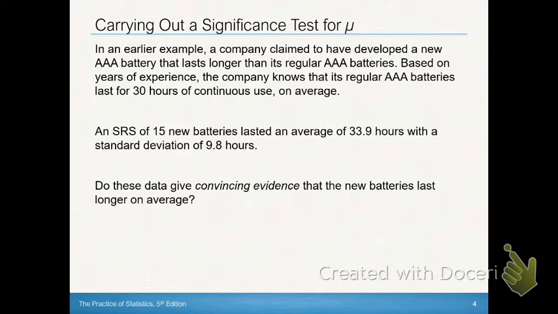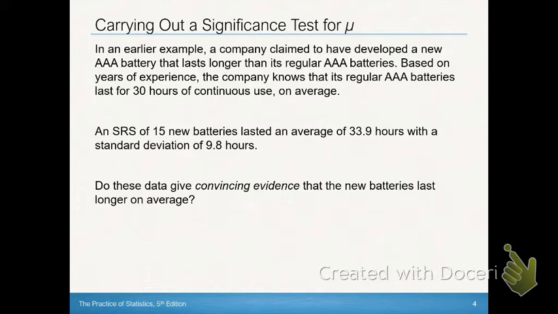We've got this scenario where we've got our AAA batteries, and the claim is that their AAA batteries last for 30 hours. We've got a simple random sample of 15 that had an average lifetime of 33.9 hours, with a standard deviation of 9.8 hours, and we want to know, does this provide convincing evidence? Is it surprising? Is it statistically significant? Is it unusual? Remember, all of those things mean the same thing, and they're all hints that you should conduct